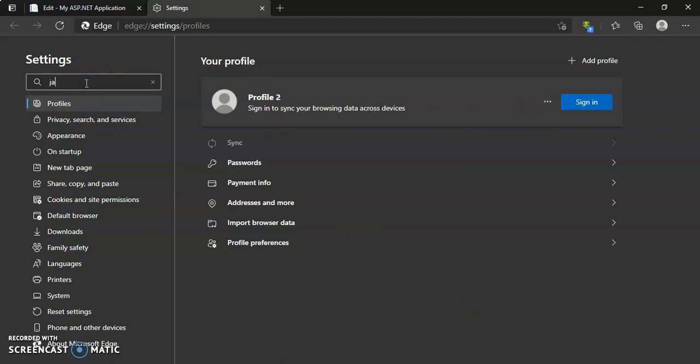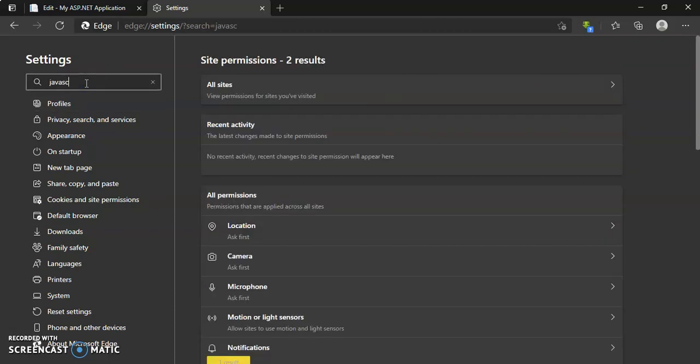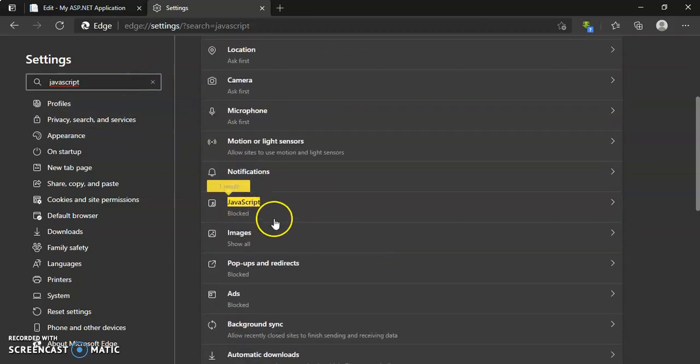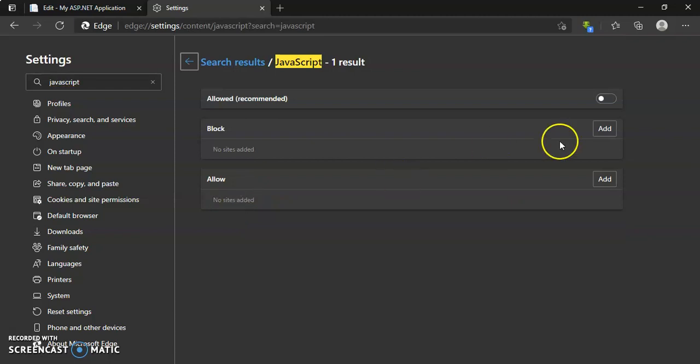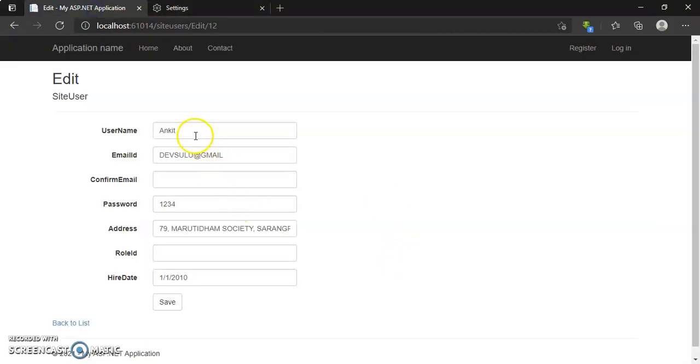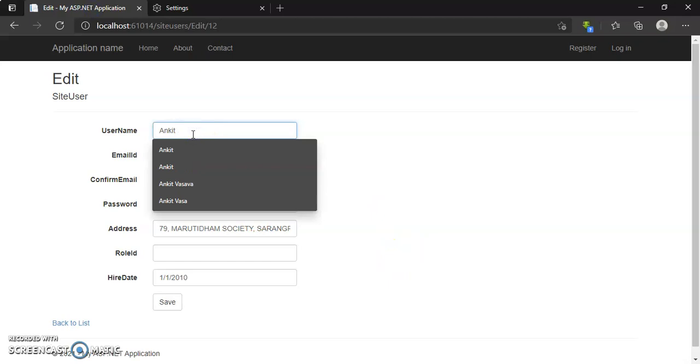So let's search JavaScript in settings, this one, JavaScript block. So click on this and enable the JavaScript.